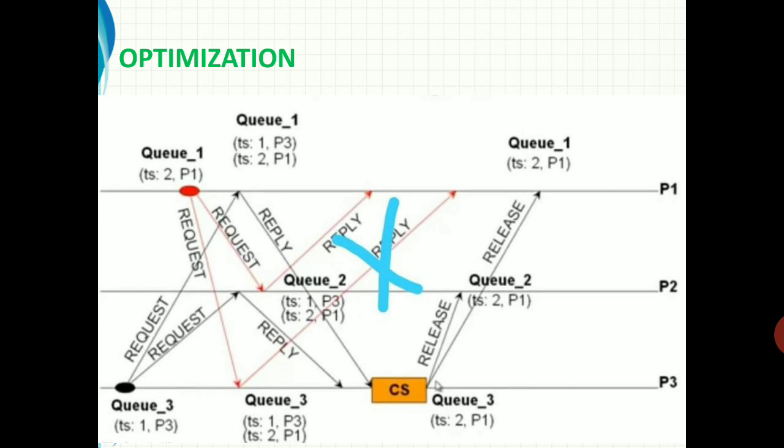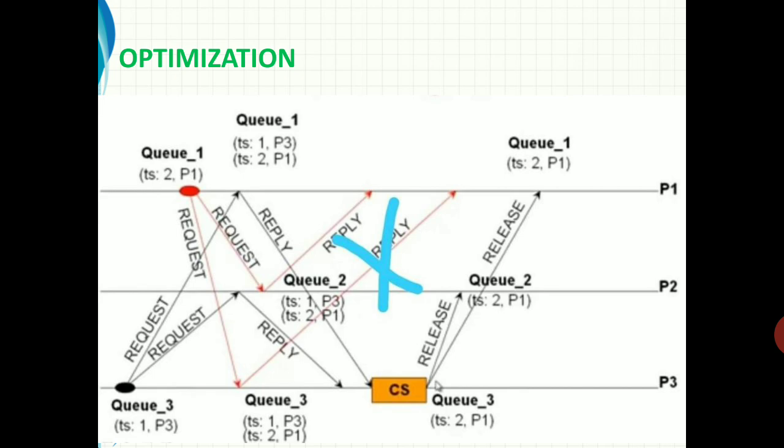Here you can see that the process P3 has the lowest timestamp, that is 1. It will receive a request message from process P1, whose timestamp is 2. Compared to the timestamp of process P3, the timestamp of P1 is larger.